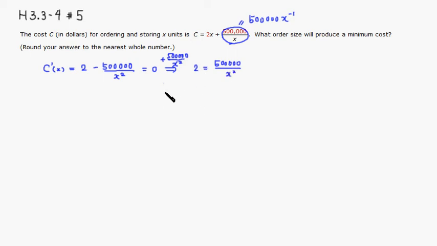Then we can multiply both sides by x squared to get 2x squared equals 500,000. Then divide through by 2 to get x squared equal to